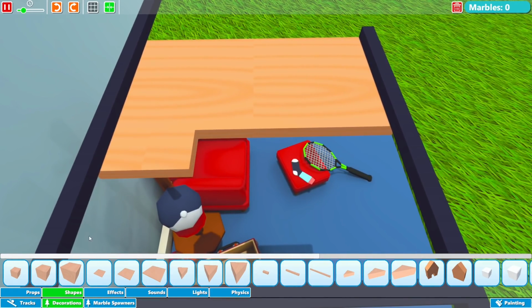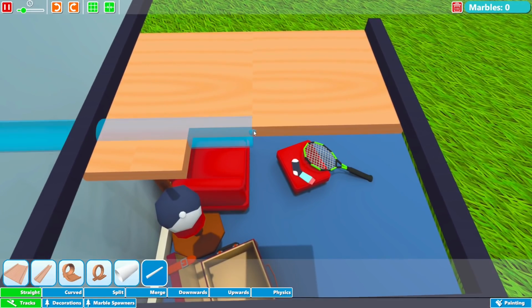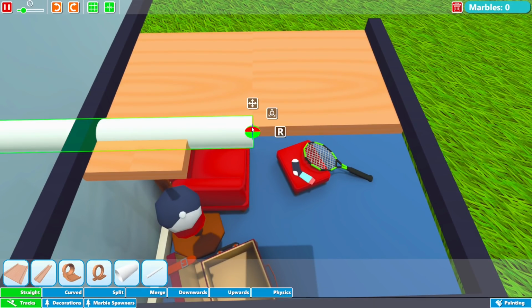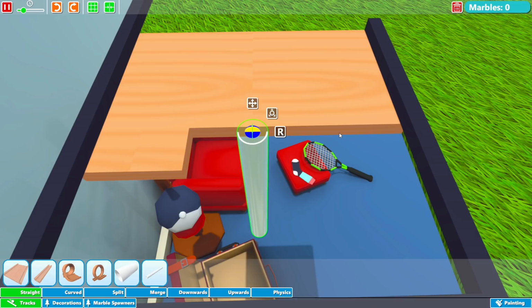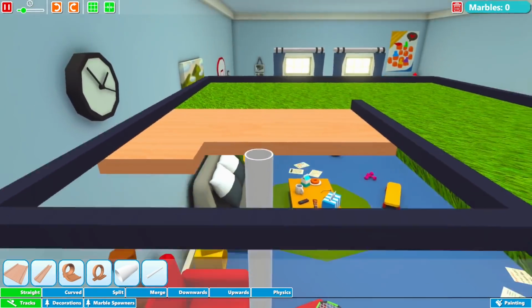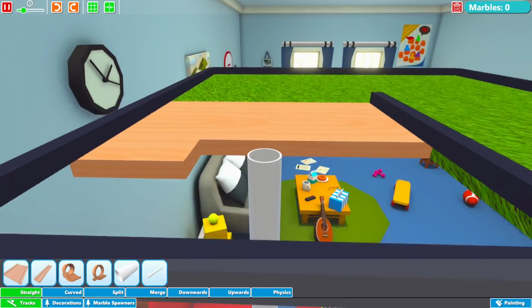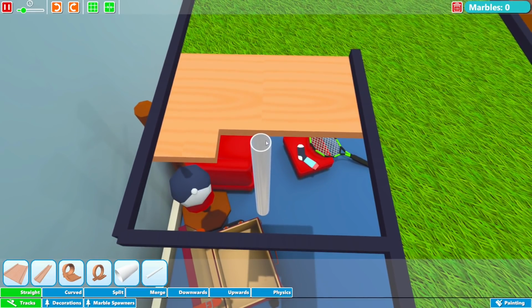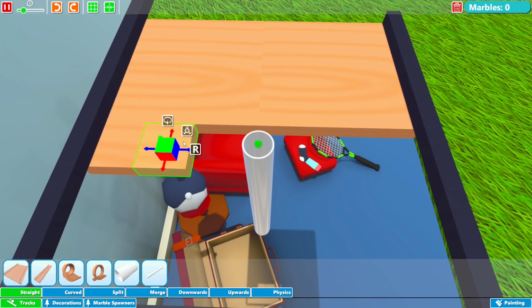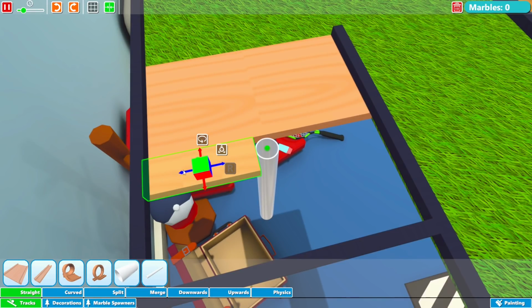Looking good. Now I'm also gonna try to use this track piece here. I wanna use this as like the hole. So I'm gonna try to move this into position somewhere like that, which would be perfect. I do need to adjust the height a little bit, but it'd be really awesome to have the marble roll in. So I'm gonna take one of these, and now I'm gonna copy paste this